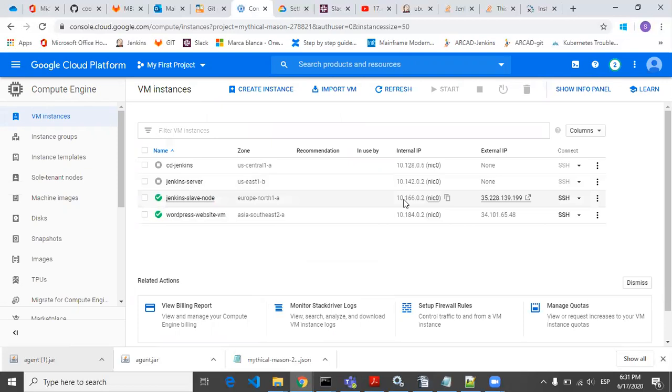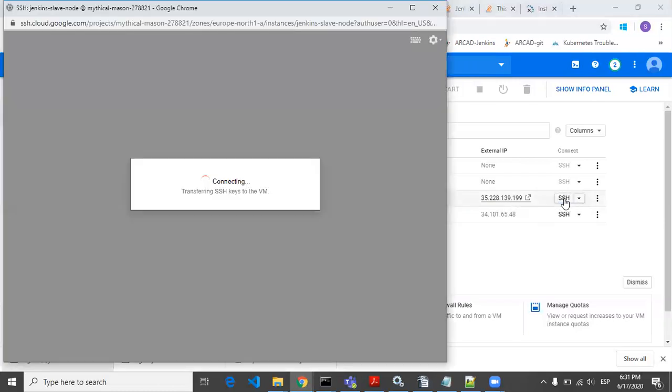You can see the internal IP and external IP. To connect to the other machine, you have to give your external IP here. So you can see I am just going to SSH this. By clicking on SSH, you can connect to the terminal of that virtual machine.